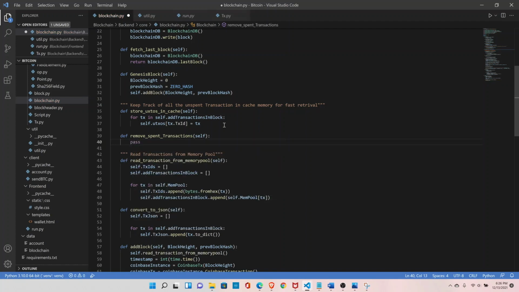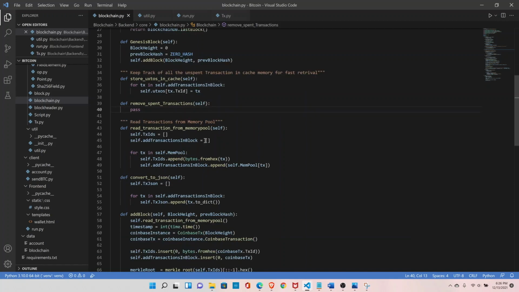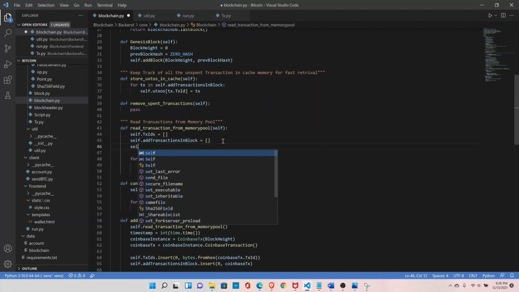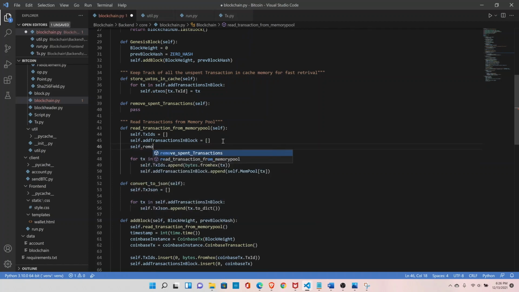First let's prepare the list from where we will read the data, what all transactions we need to remove. We are already reading the data from the memory pool, so we just need to add one more list here. So add self.remove_spent_transactions, set it to empty,